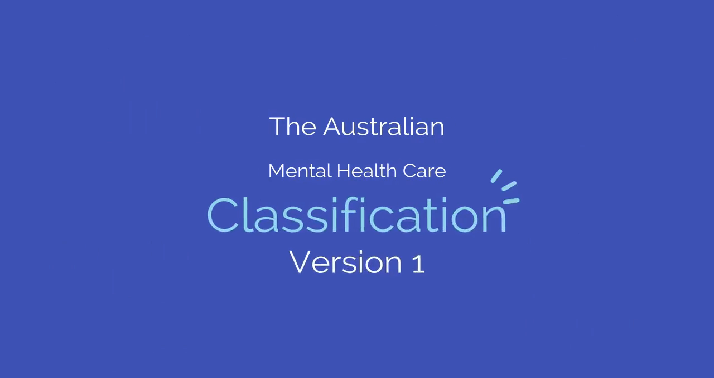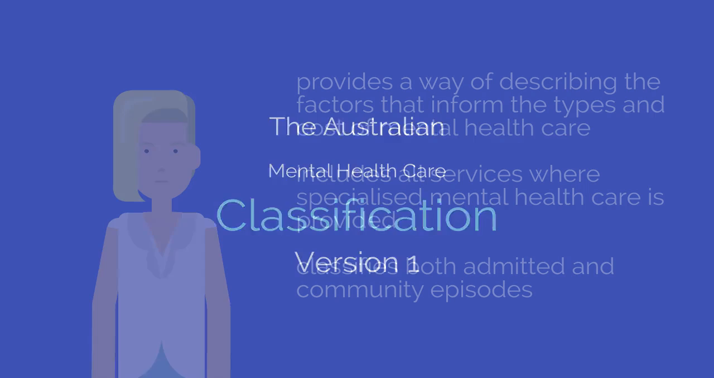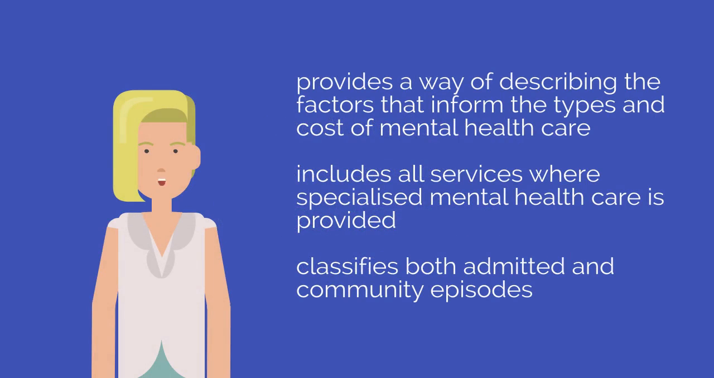But here we are going to explore the Australian Mental Health Care Classification. The Australian Mental Health Care Classification provides a way of describing the factors that inform the types and cost of mental health care. It includes all services where specialized mental health care is provided, and classifies both admitted and community